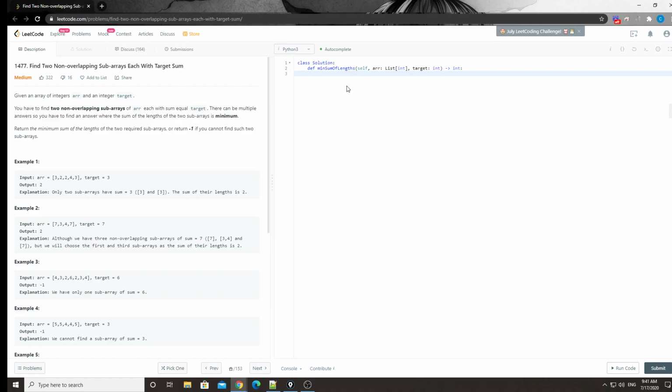So that you can easily calculate the subarray's sum. And then the second one, the tricky part of this problem, is that you need to find two, right? You need to find two non-overlapping subarrays. So